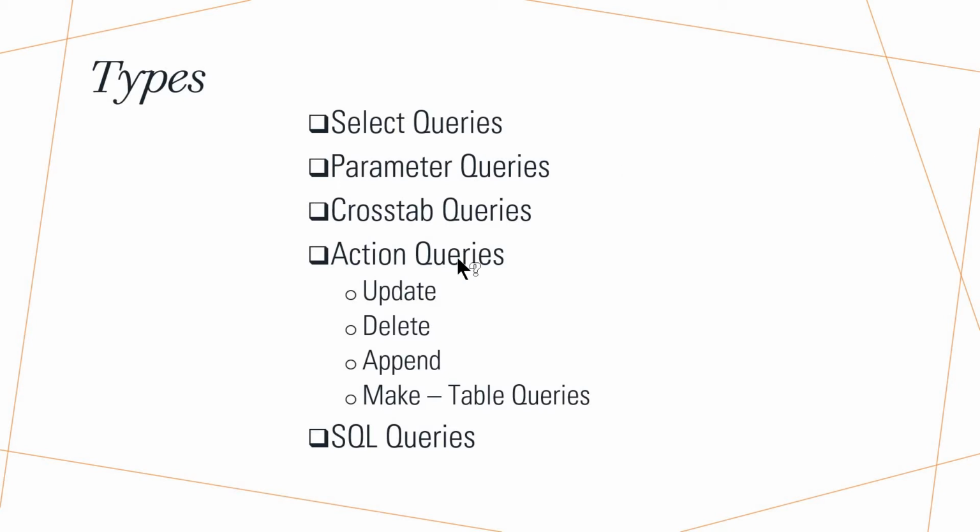Coming to the first one, that is update query. Via update query, it will apply changes to a single record, or to a group of records in a table. Then the second one is delete queries. It is mainly used to delete the records from a table. Then the third one is append queries. In case of append queries, it is mainly used to add the records from one table to another table.